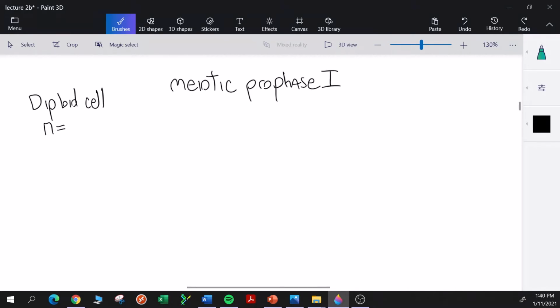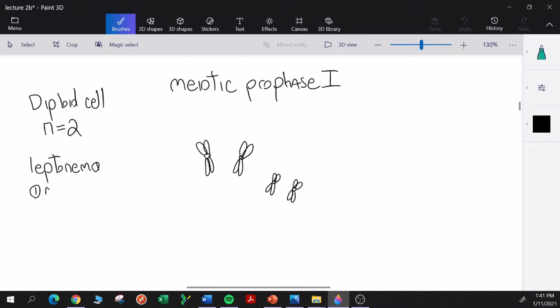So for a diploid cell with N equals 2, I'm going to diagram some chromosomes. So we have 2 pairs of homologous chromosomes. And the first subphase of Meiotic Prophase One is leptonema. So what happens during leptonema? Well, the chromosomes